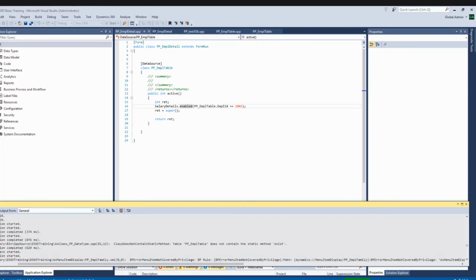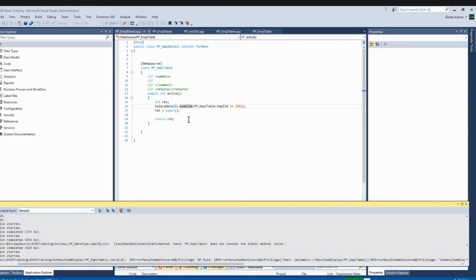Still it's building. So our requirement was to enable the salary detail button for employee ID 1002 only. So we have written this code in the active method. We have overridden the active method because it is executed when the user selects a record.